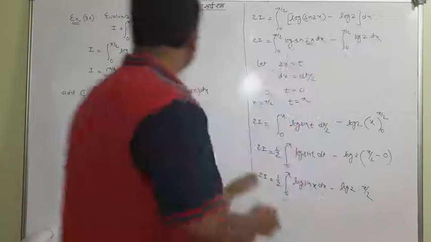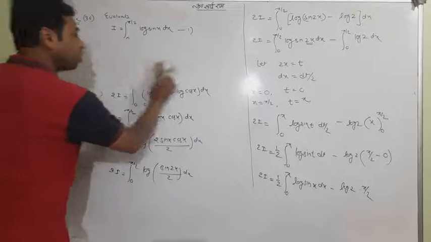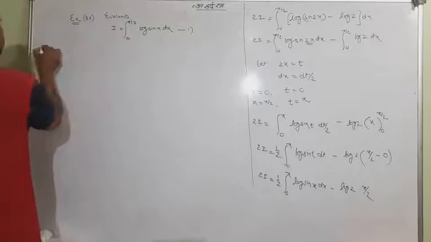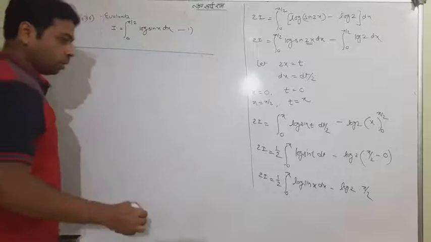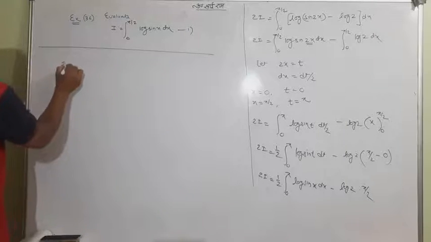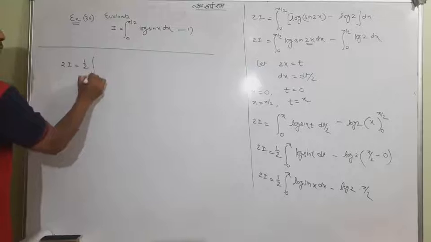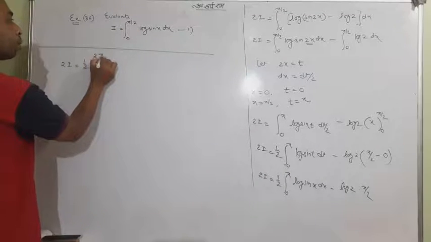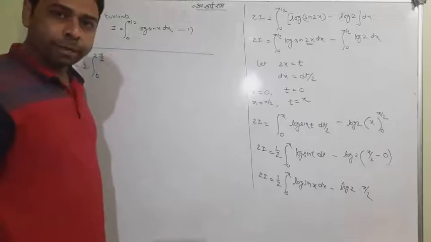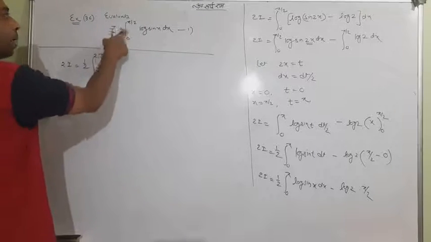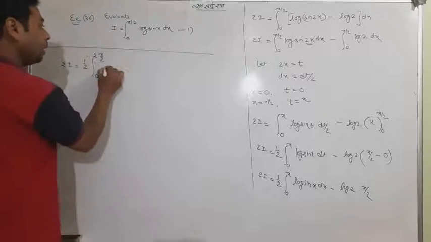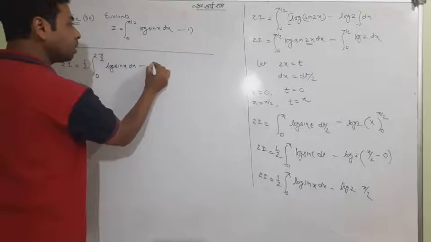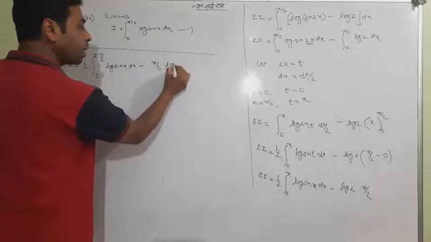So we will do something now. Let me rub this section because you have already understood till here. So let me start. 2I is equal to half, that pi I would write as 2 pi by 2. Very good thing I'm writing, 2 pi by 2, because I want to make pi by 2. And log of sin x dx minus this pi by 2 log 2 is a part of the answer.